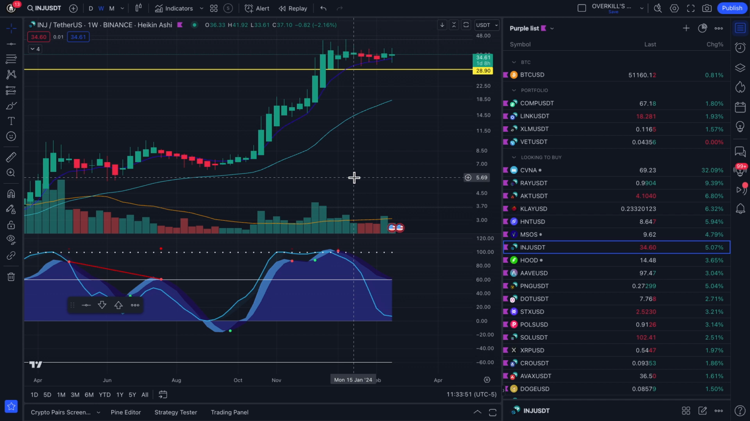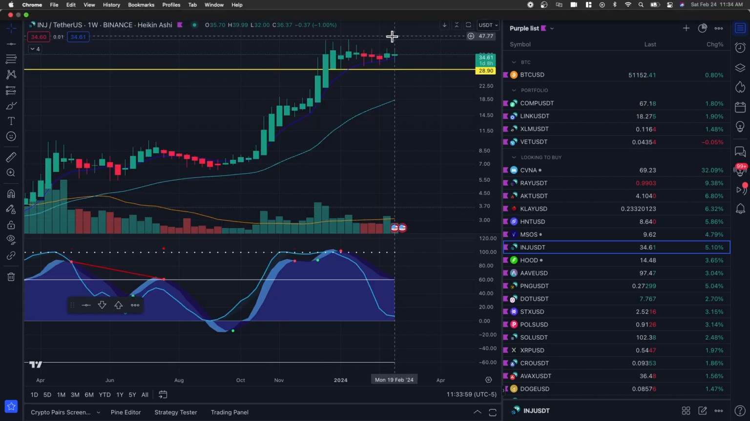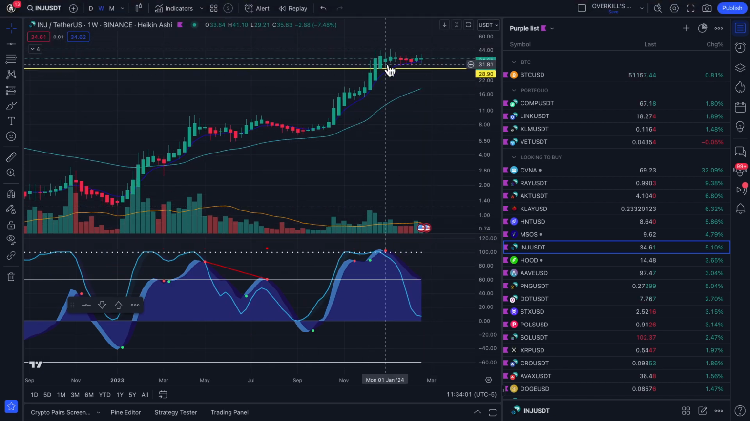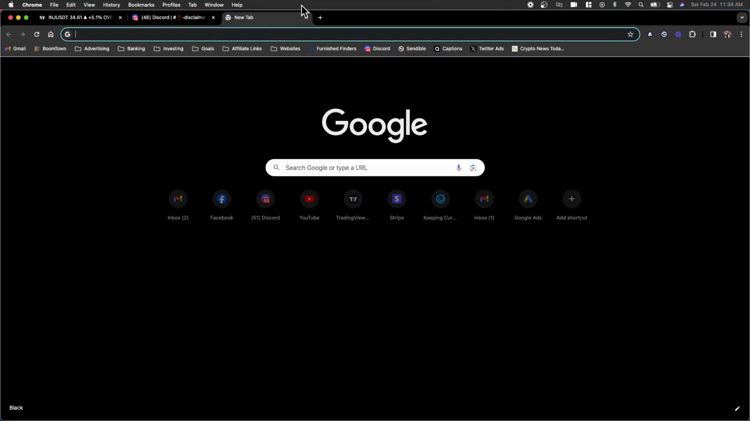Let's get it. Okay, so INJ, what I'm looking at here on INJ, this is on the looking to buy list. That stochastic is back down there below 10. So all we're missing is the green dot. This is a bull flag, right? If you guys don't know what a bull flag is, I'm actually going to look this up because I've talked about this multiple times